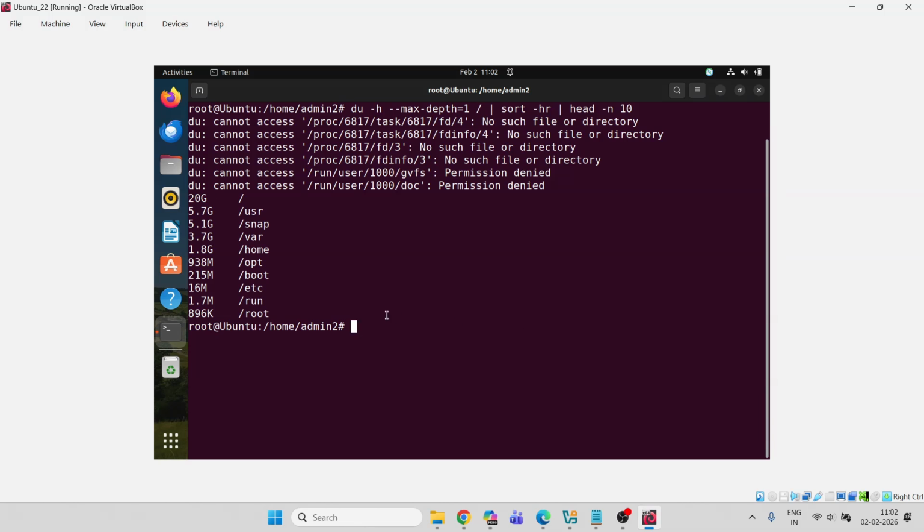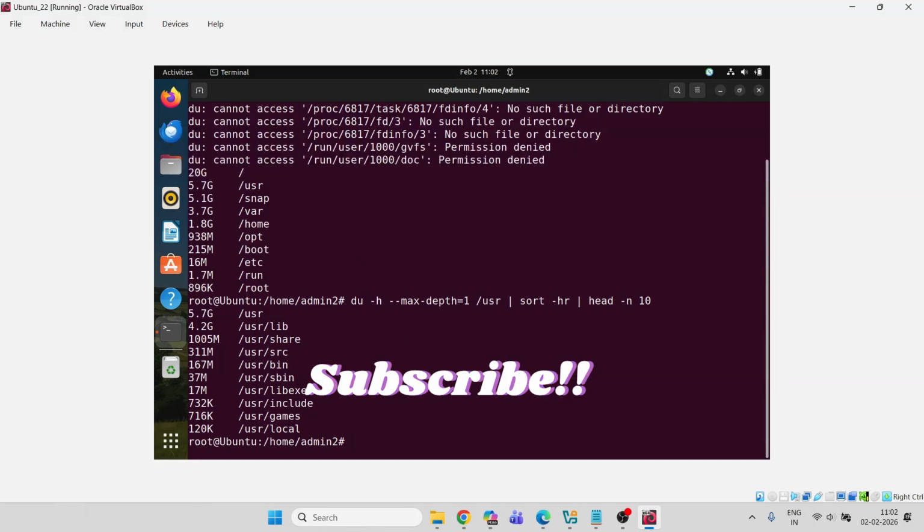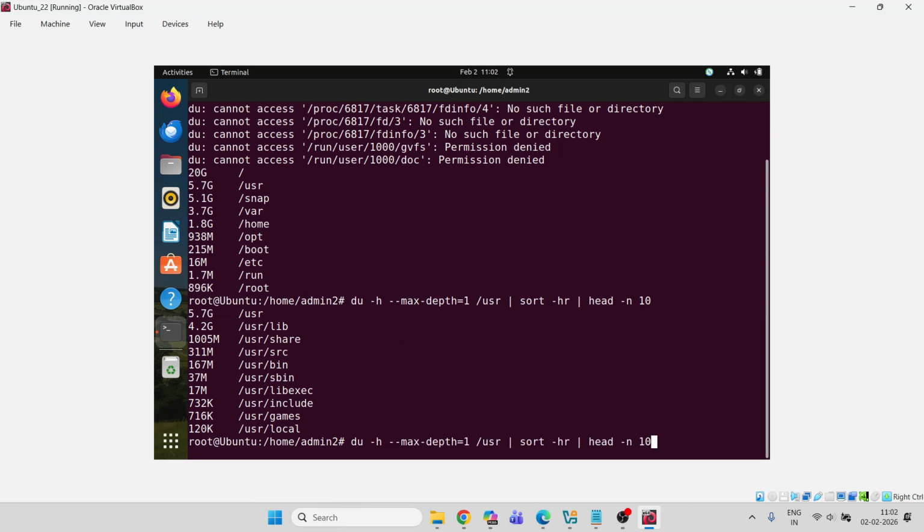Now what you can do here is check more and go further, like usr. You can execute the same command with usr and then hit enter. Okay, now you can see which directory is consuming more data. Similarly, you can check your home usage, like I'm going to check home